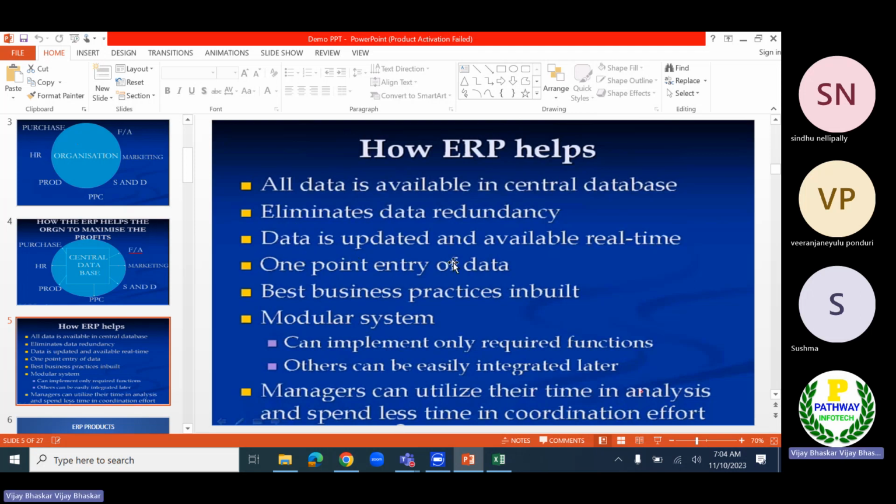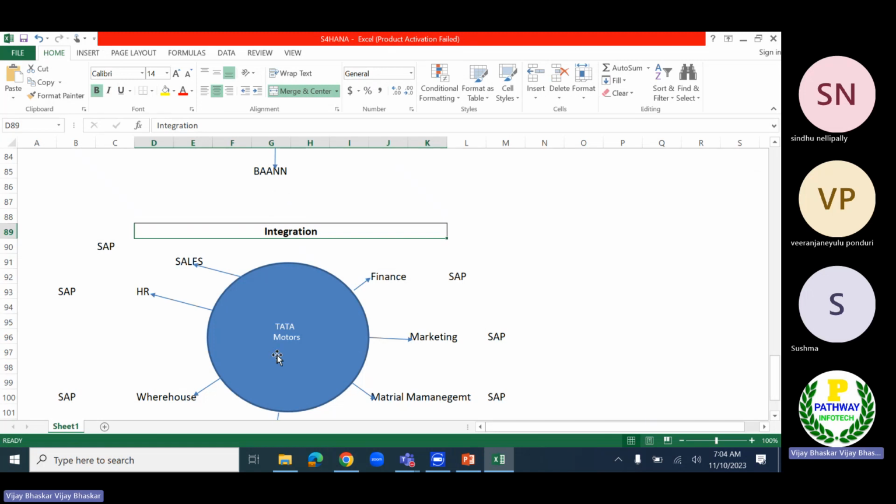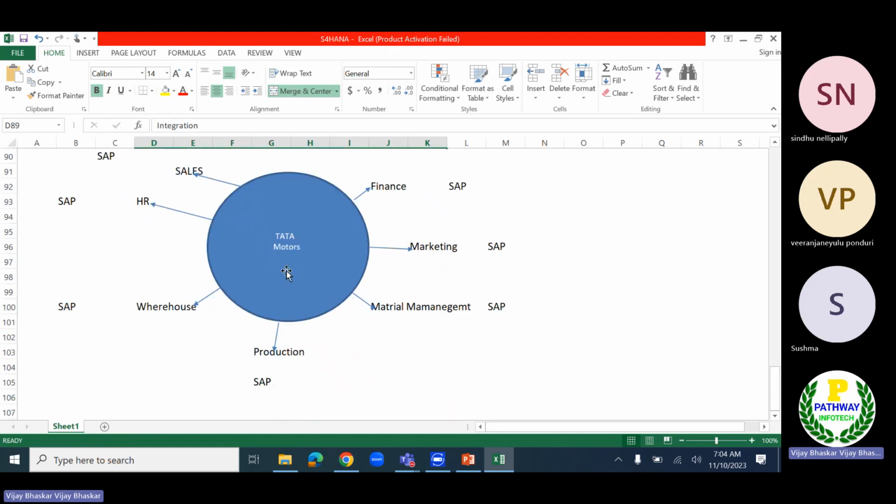Data is updated and available in real time. Real time is nothing but the moment I am entering the data, it will be available immediately in the central database. Whoever wants can log in and verify it.